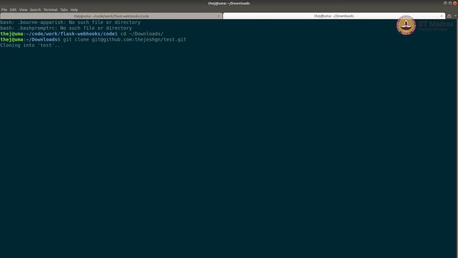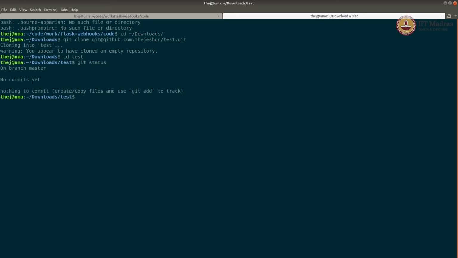I'm going to temporarily clone this, right? cd test, git status. Now I'll add a file and commit it, okay? x.txt, git add x.txt, git commit, added. Now as soon as I push,